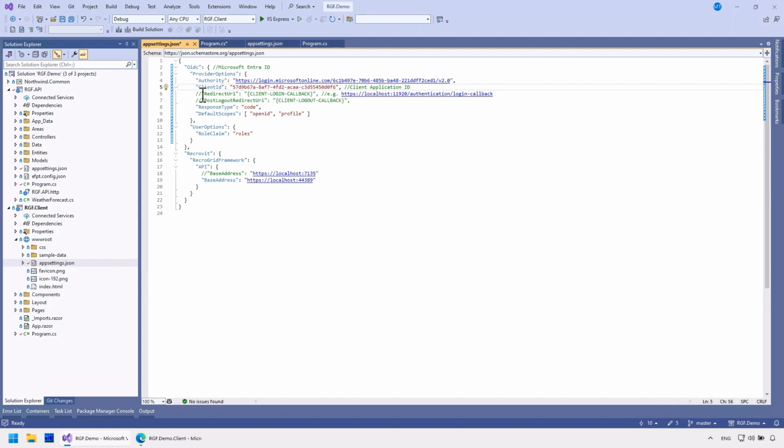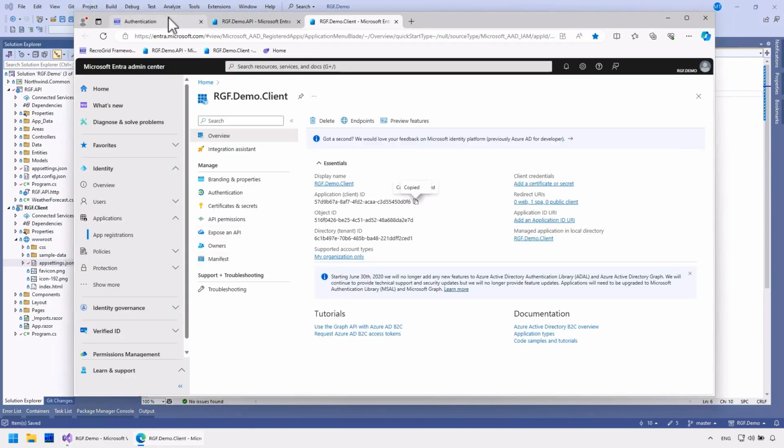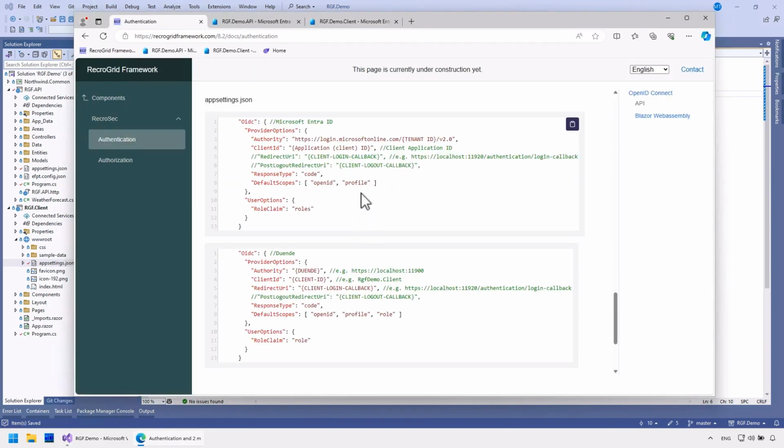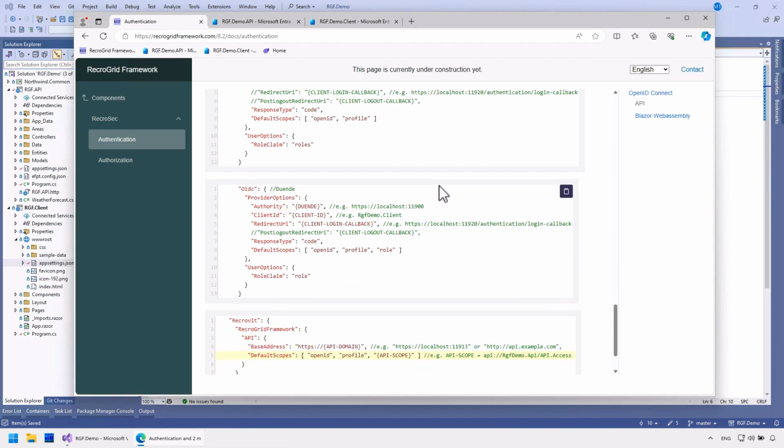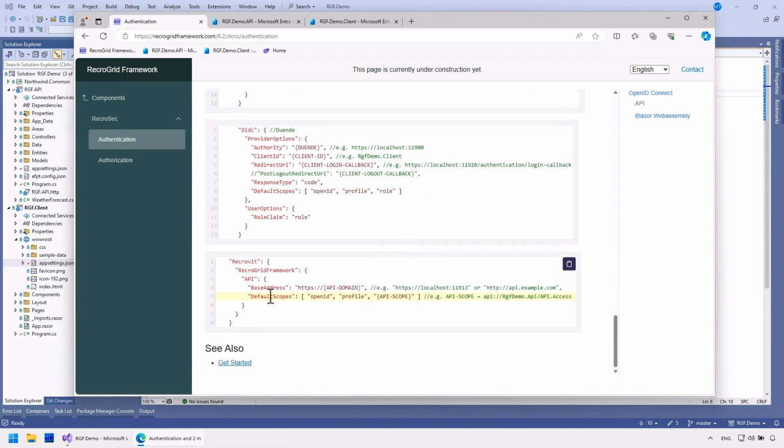Since there's currently only one redirect URI, I don't need to specify it. And finally, I'll need the scope and the access token for accessing the API.